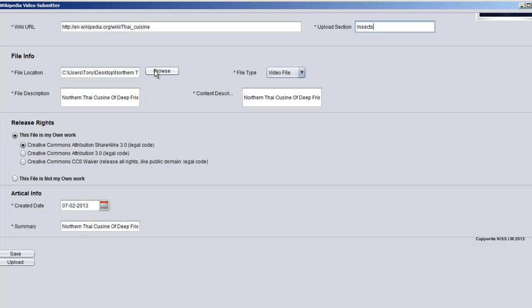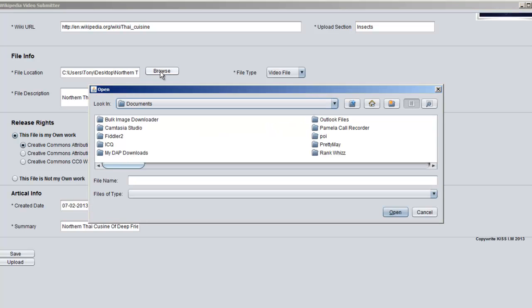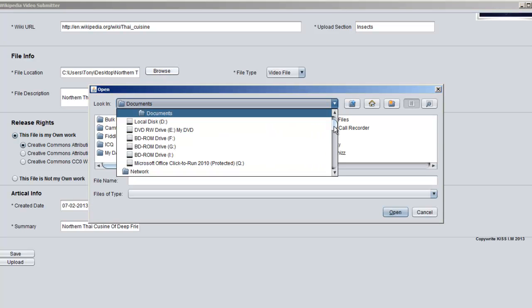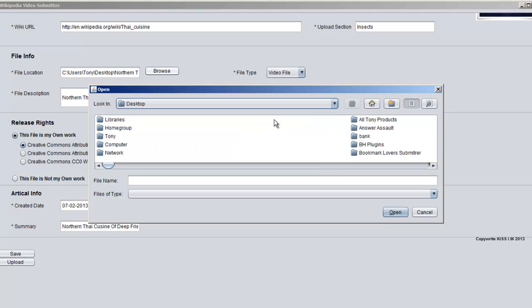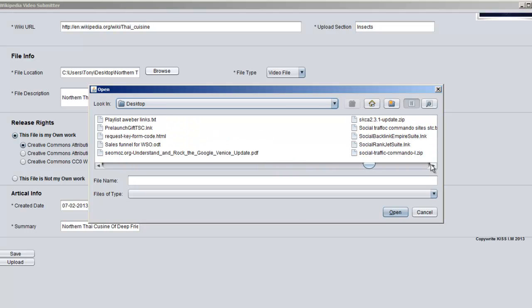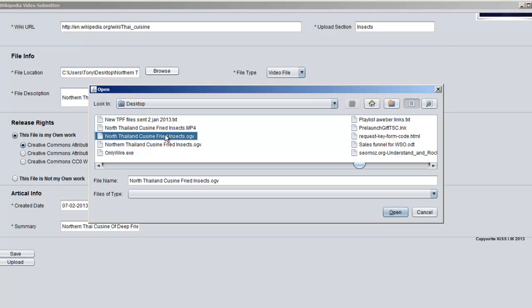Now what I want to do is browse the file, and you can see this application was written in Java. I don't particularly like Java, but I've kind of got used to it now, and I'm going to just look for a file that is an OGV file. You can see here I've got 2. Okay, now one of them I've already uploaded, so I'm going to choose this one,